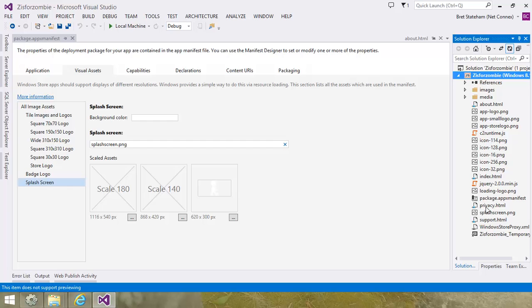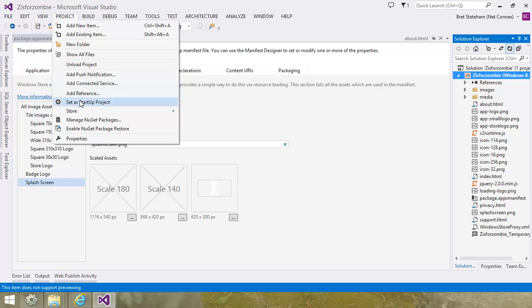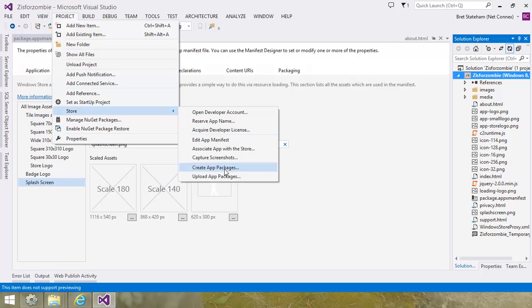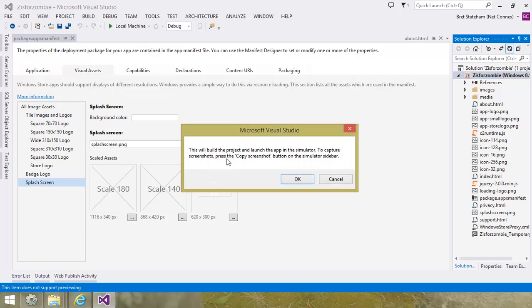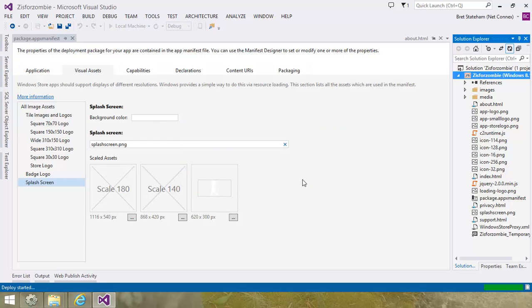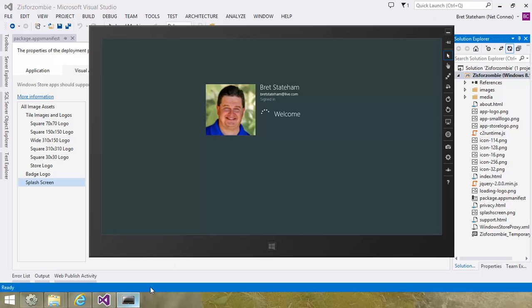We talked about the different HTML files that you can update if you like. And so at this point, I'm ready to actually package my game up and get it uploaded into the store. So I can then, from the Project menu, come down to Store and create. Oh, wait, sorry. Actually, before that, I should capture some screenshots. So when you do this, it's going to build the project and then go run it in the simulator. And the benefit of the simulator